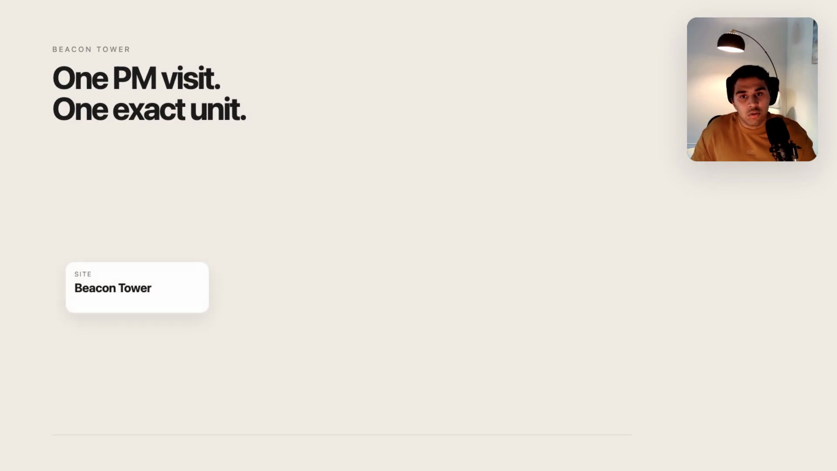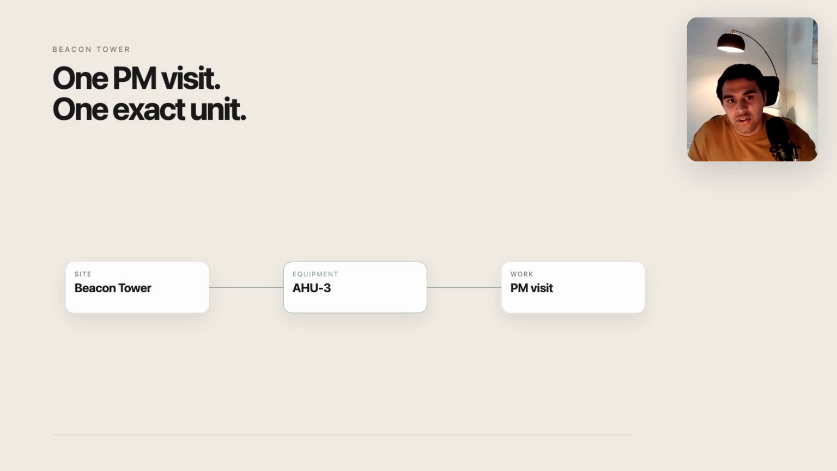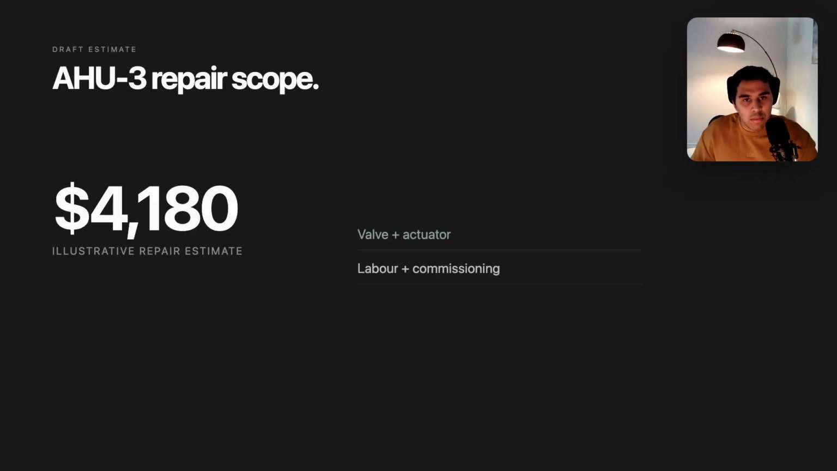Here's the finished workflow first. During a PM visit at Beacon Tower, a technician finds a failed chilled water valve actuator and seized valve body on AHU3. The repair exceeds the customer's authorized spending limit. They record the diagnosis, photos and recommendation on the visit attached to the PM job and the configured client site and equipment records. Back in the office, the estimator opens the PM job and visit, references the evidence and creates